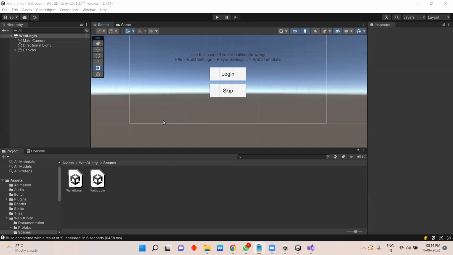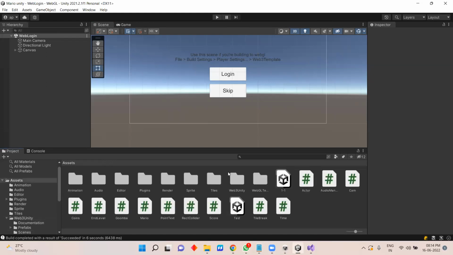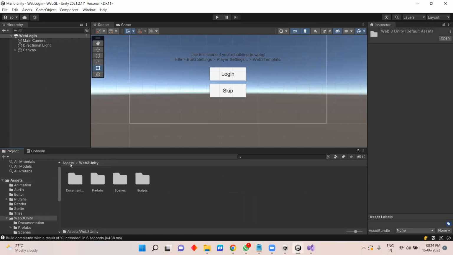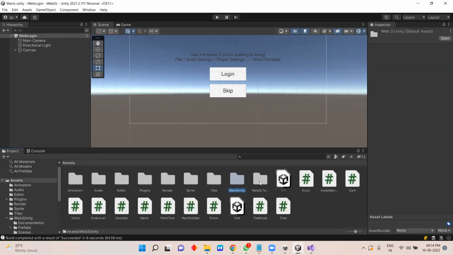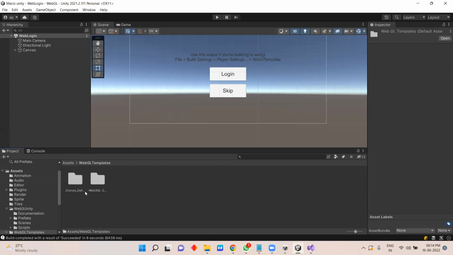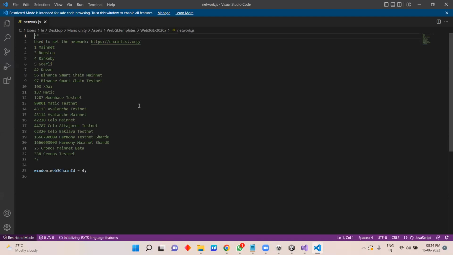we can start by, we'll have to work on Mumbai testnet. So I'll start off by going to the ChainSafe SDK folder, and no, actually not the ChainSafe SDK folder. I guess yeah, the WebGL template folder. These are the 2 WebGL templates which we get with the ChainSafe Gaming SDK. We'll be using this template, which we did by switching from Unity's default template to the ChainSafe template. This is the one. So I'll go into this, and you'll see a JavaScript file, which is a network file. Just click on it. And these are all the chains,